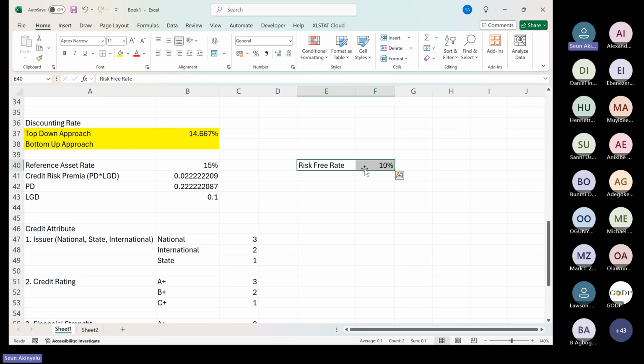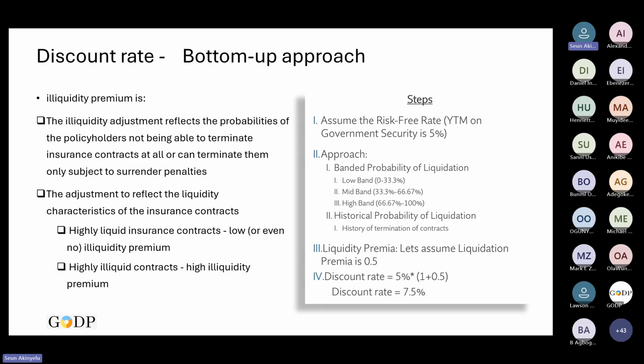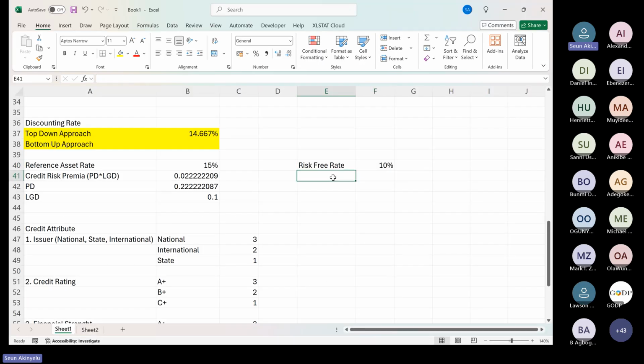Now we need to factor in what they call the illiquidity premium. Why are we factoring in the illiquidity premium? The kind of instrument that you hold, in most cases, is going to be held for the whole period, long term. As a result of it being long term, those fluctuations in the market, you are not factoring them in. The liquidity component, you have not factored in.